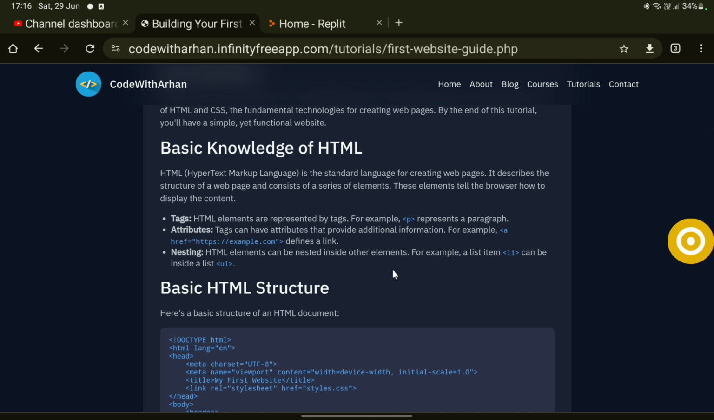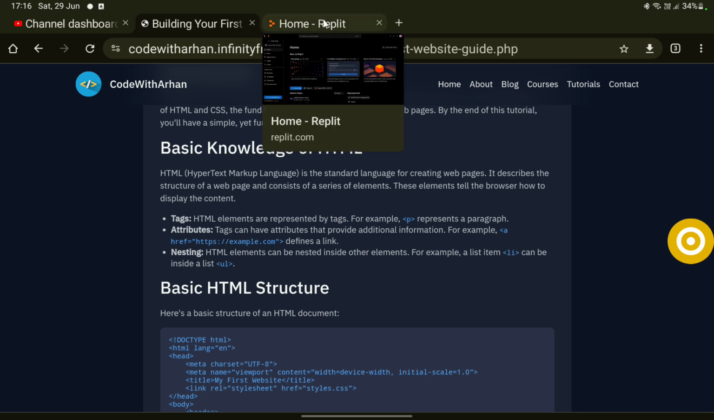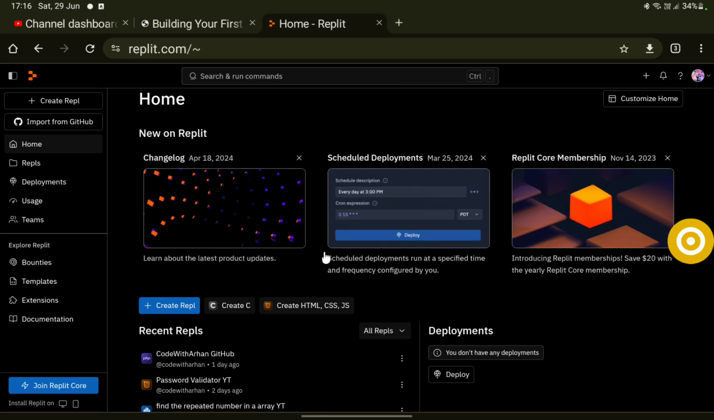First, what is HTML? HTML stands for HyperText Markup Language, which is a standard language for creating web pages. It describes the structure of a web page and consists of a series of elements. These elements tell the browser how to display the content. To demonstrate this, let's go to the website. Go to web3.com, create an account, and then after that create the HTML CSS,